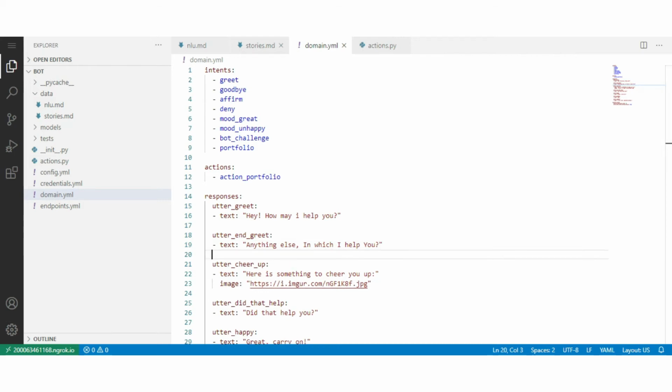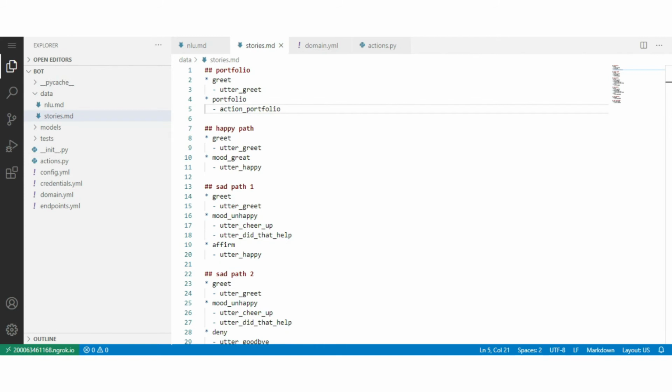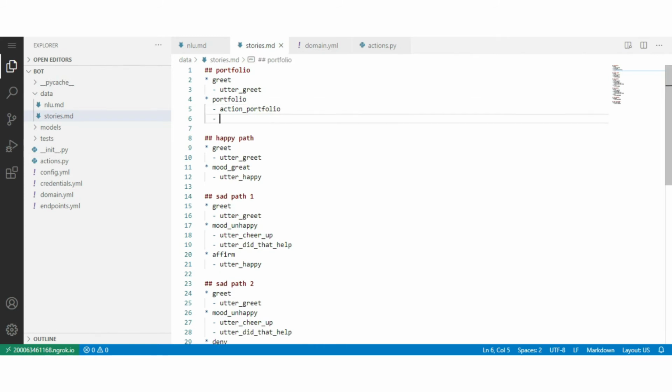Now add this response at the end of the portfolio conversation. So type utter end greet. Now our portfolio conversation is completed.